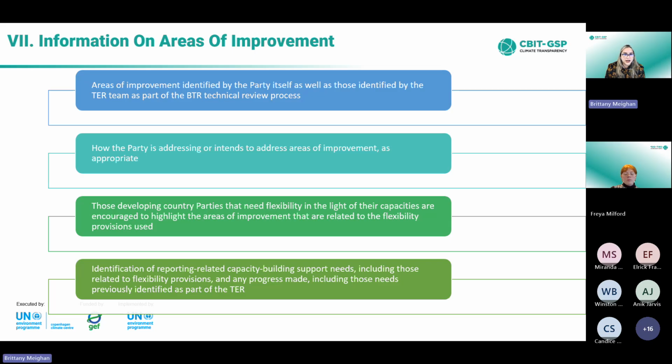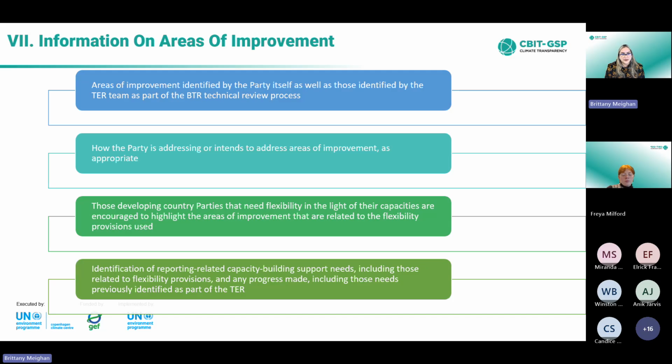And then the chapter on areas of improvement. At the end of your BTR, you'll have a section to identify areas of improvement identified by the party, as well as those identified by the technical expert review team. So this is if you have already had a technical expert review conducted, how the party is addressing or intends to address these areas of improvement as appropriate, because one of the fundamentals of the ETF is improvement over time. So this is where this is coming in,